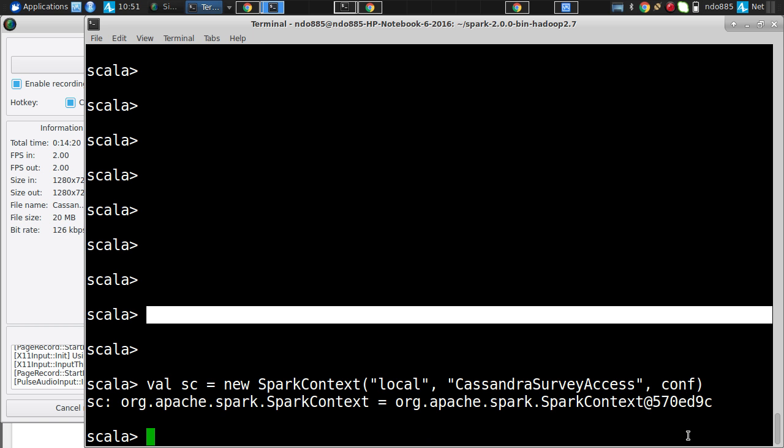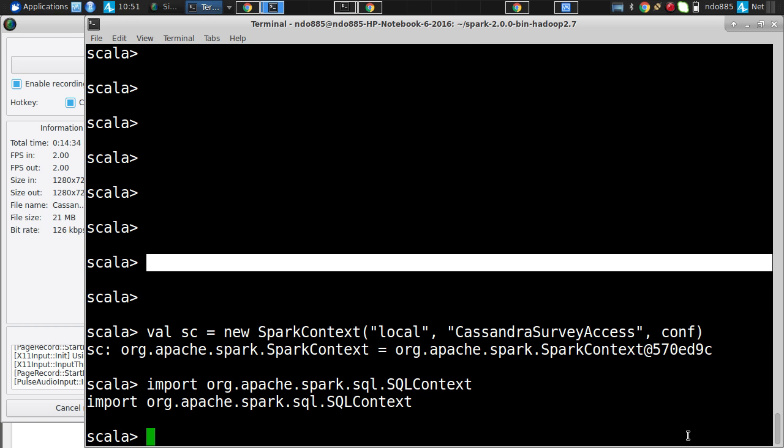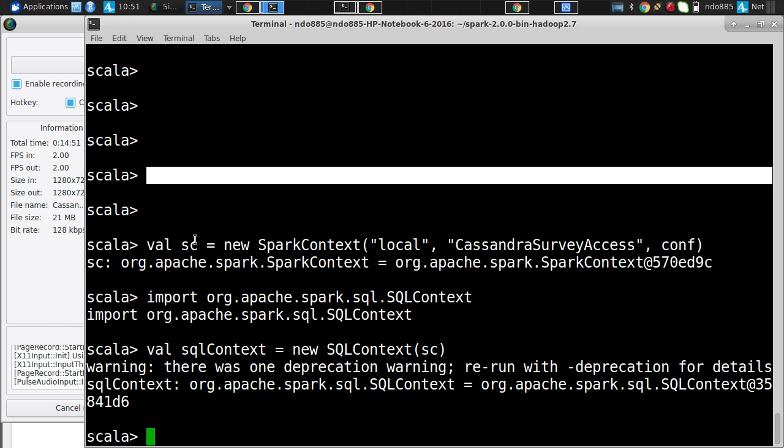Okay, now there's a few more things I want to do here before we get going. One is to import org.apache.spark.sql.SQLContext. And basically we want to do val sqlContext equals new SQLContext of the new Spark context. This is the new one we just created, so we wanted to do that. And then I want to import sqlContext.implicits._